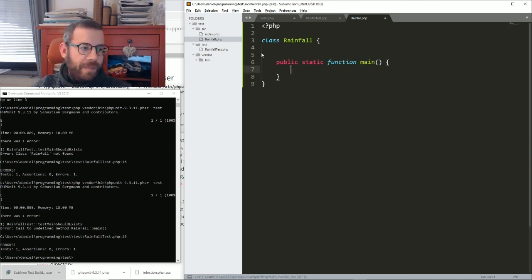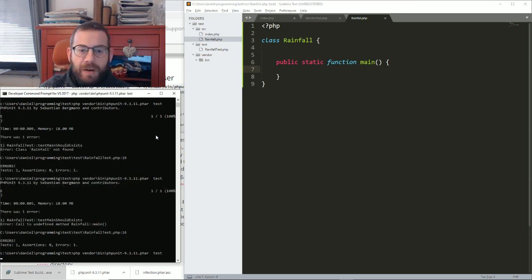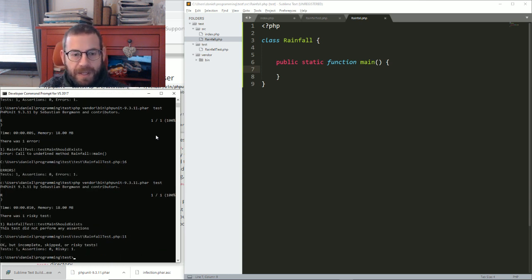The problem with static functions like main here is that even if I wanted to, they are pretty hard to test, and we're going to talk about that. So you can see that now the test main should exist